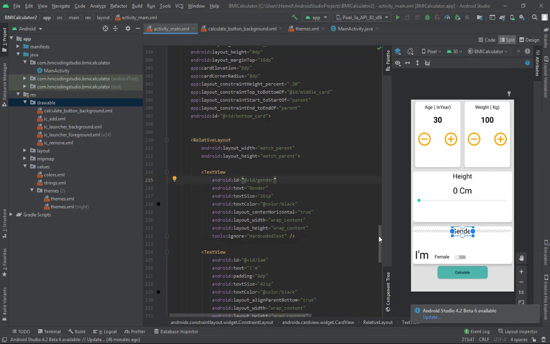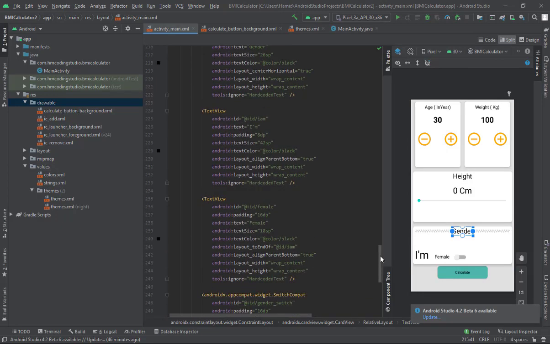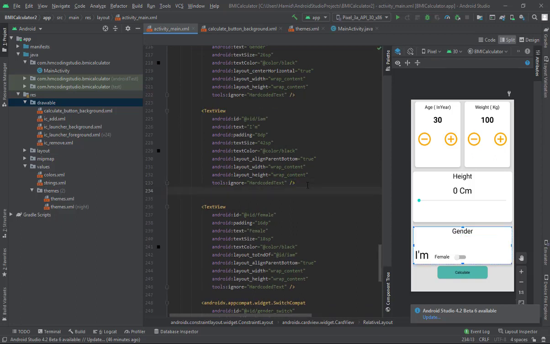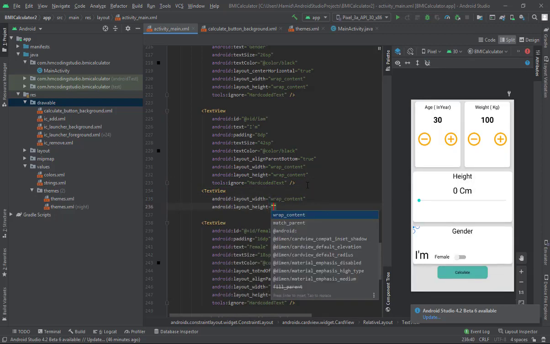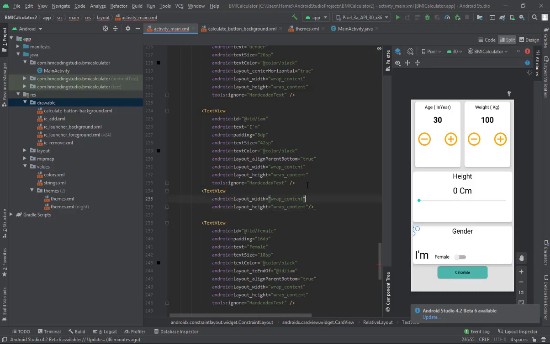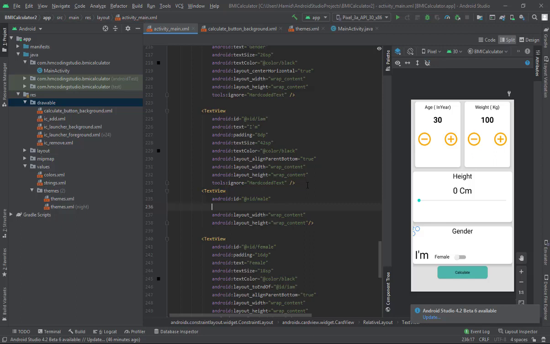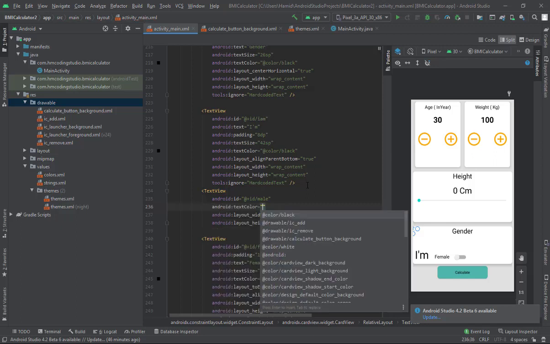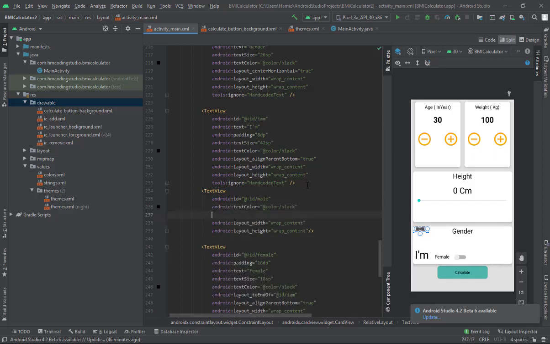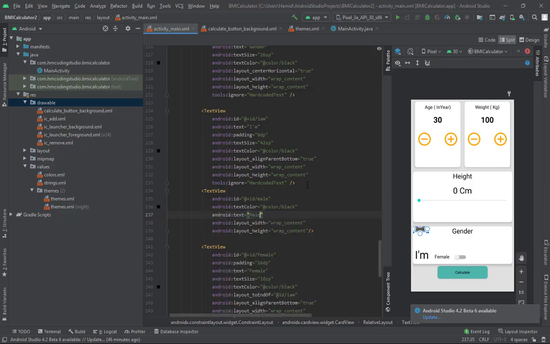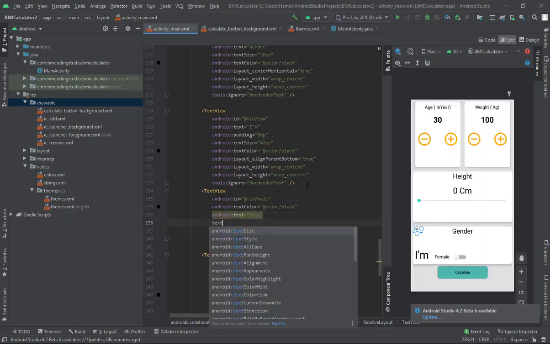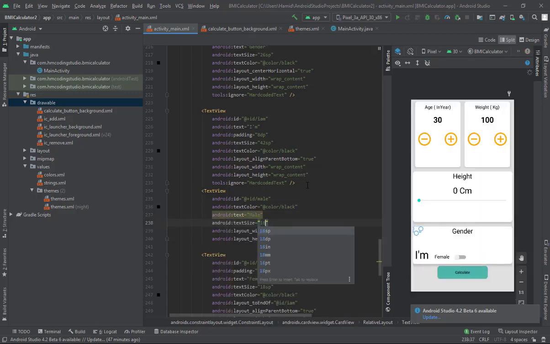And the last thing we need to do is to add the male choice text view. For that, text view, wrap content width, and also the height would be wrap content. We give an ID male. We change the text color to black. We change the text to male. The text size would be 18 sp,